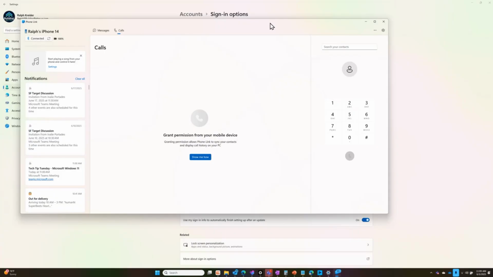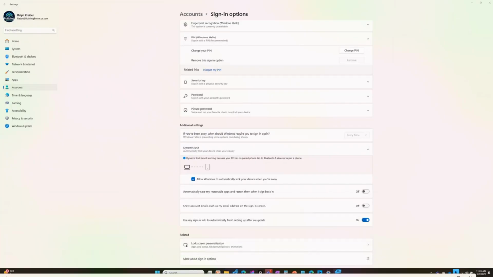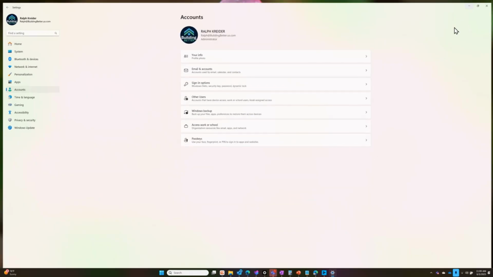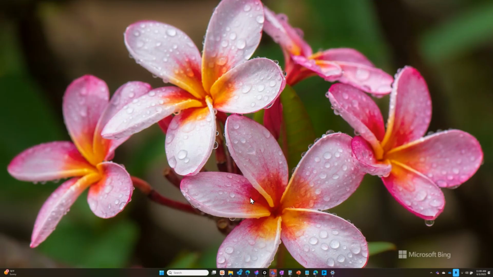So as I walk away from my computer, it will lock up my computer right there. We're going to close that for now, but try linking your phone, see how it works. Also, while we're in there,